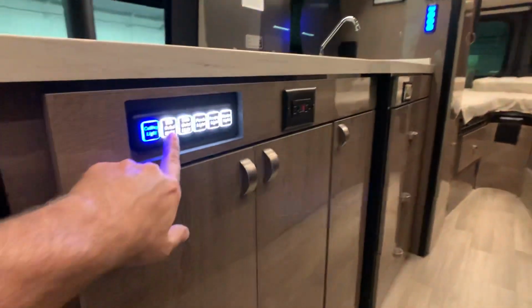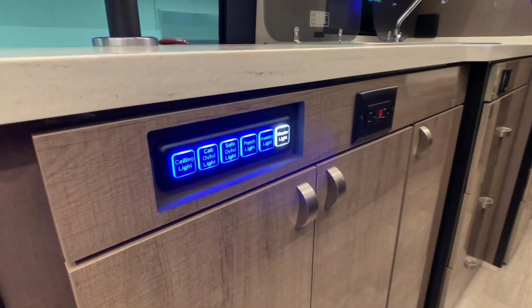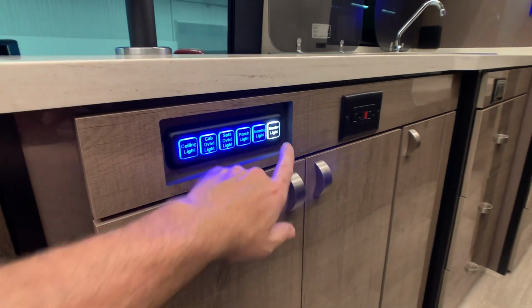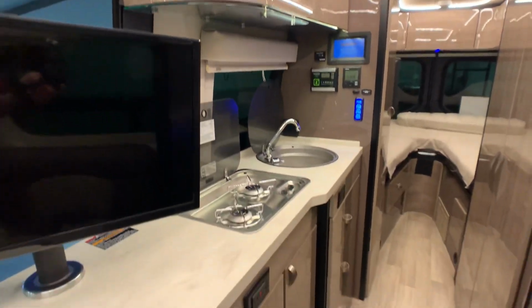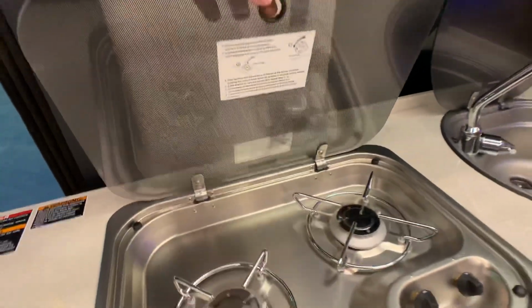So as long as I have all these lights on, and the awning light and the porch light outside, hit this master switch, everything shuts off. Come back, hit the master switch, everything you had on before will light back up. Pretty convenient. Your galley area here, you have a 2-burner gas cooktop, and it does have a glass lid for